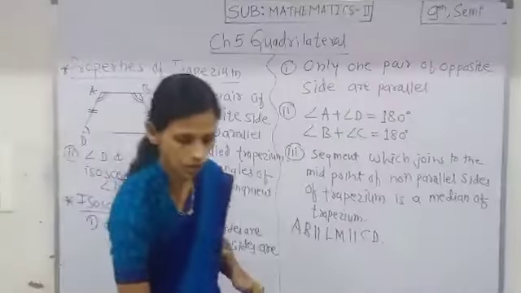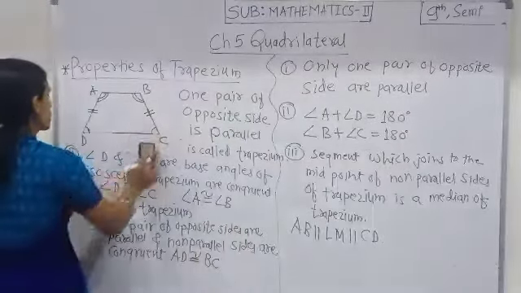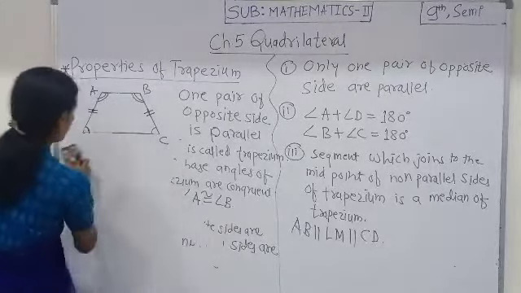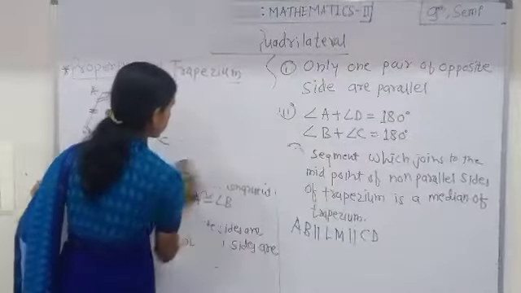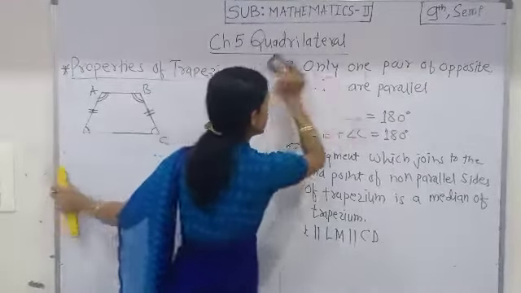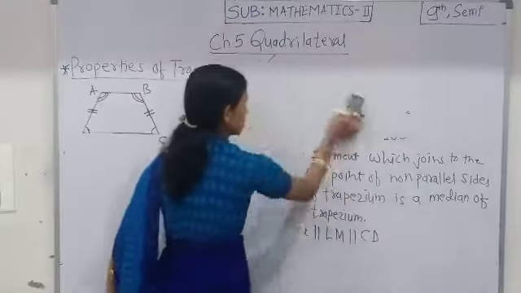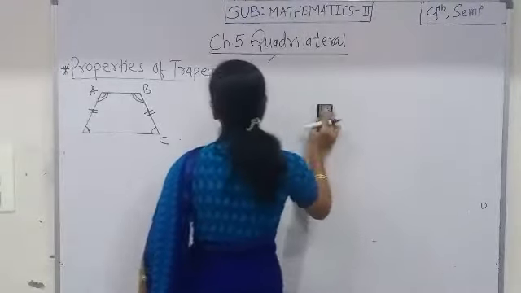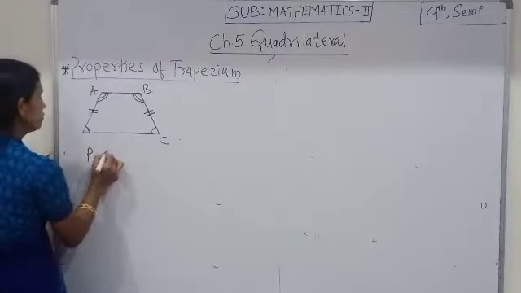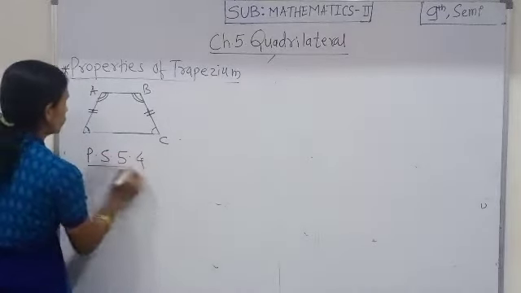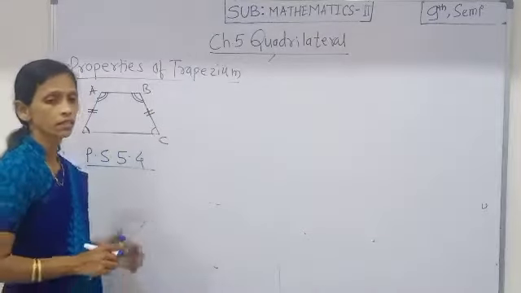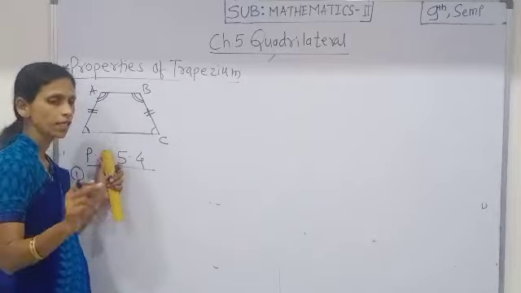Then we will solve the examples which are based on those properties of trapezium from practice set 5.4. A few examples which are given here, we will solve. See here, one of the examples from practice set 5.4 is: ABCD is a trapezium